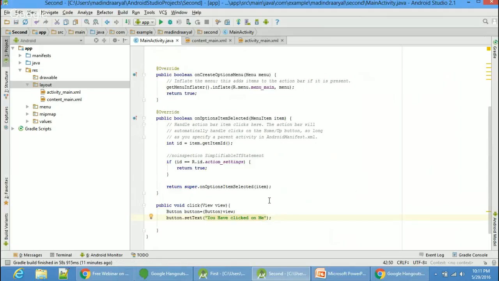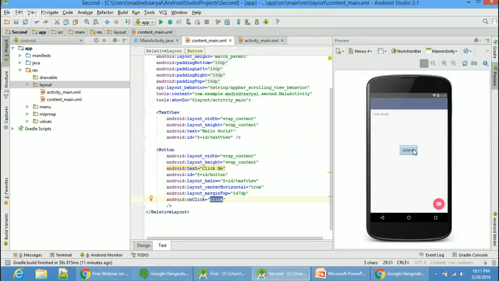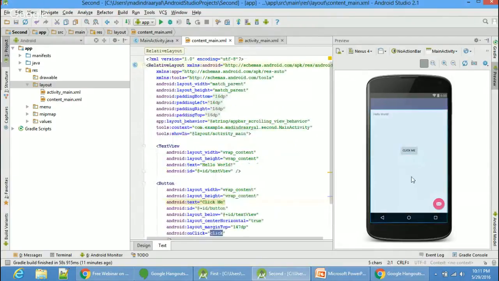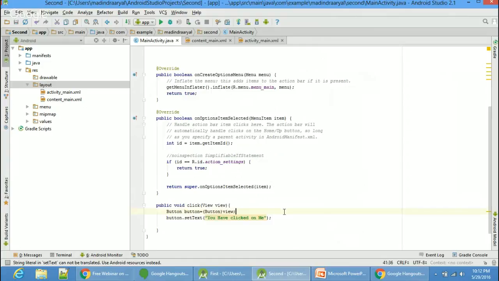So what I'm trying to do over here is I'm trying to play with the button. This was the button that we created just a few minutes earlier, and this initially is saying that click me, and when a user goes and clicks on this button, what happens is the button will be changed to you have clicked me. In order to see this output, you can run here from this button,